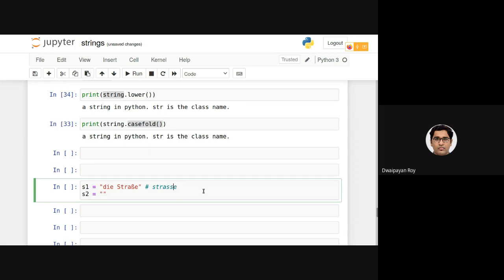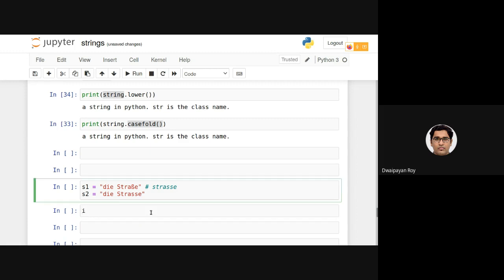In German, they use this beta-like character to specify this kind of double SS, depending on the context. Now, I am saying that Die Straße and the double SS version are the same. But if we compare them,